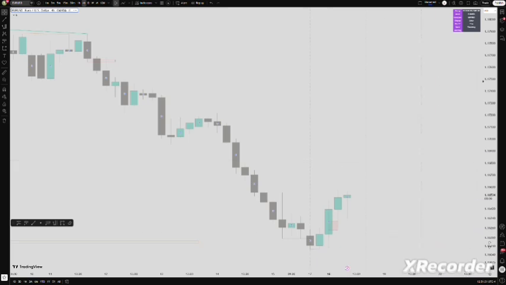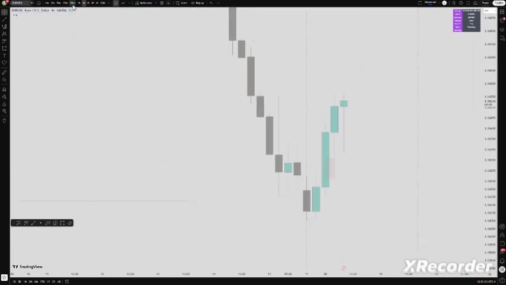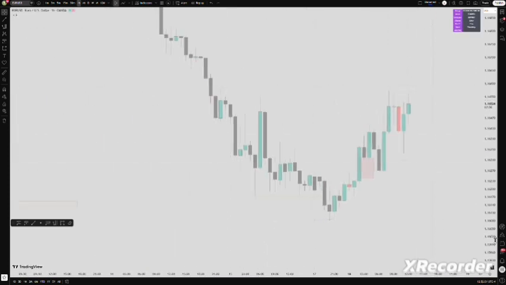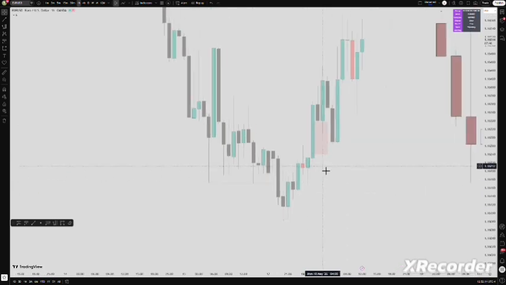Okay, so that was one of our first signs of reversal, as I'll be dropping a video concerning the different type of reversal signatures we want to